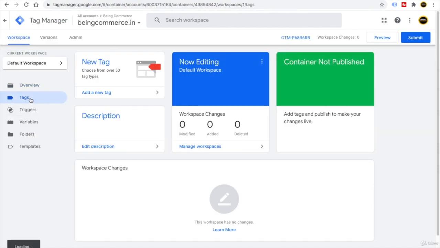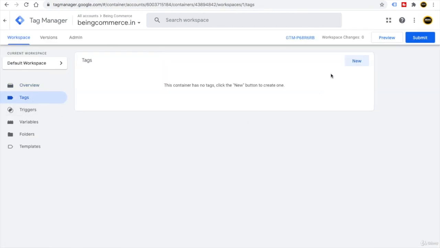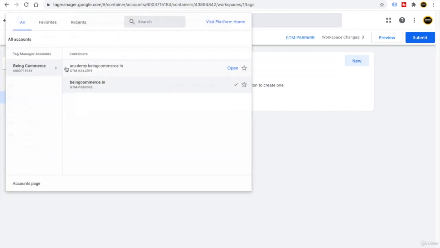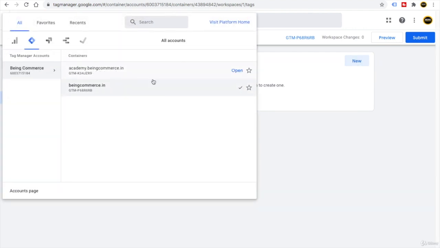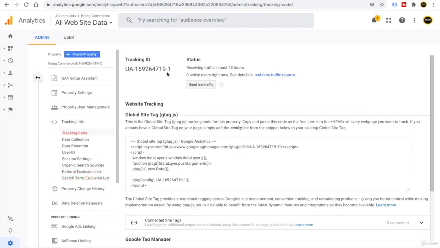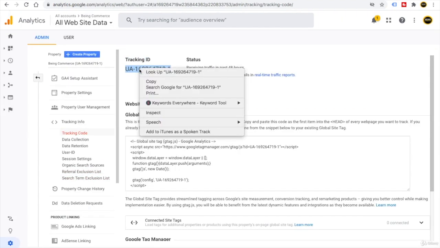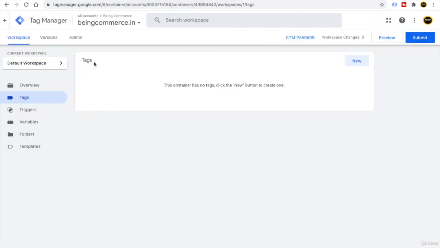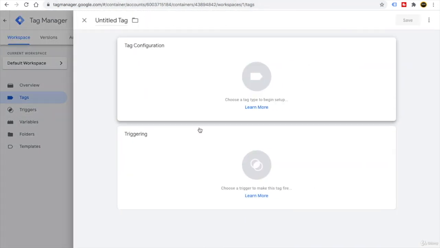Just again click on tags. Now just create a new tag, because you know we are now in different containers. So whatever tags we have created, that was for the academy.bingcommerce.in container. Right now we want to connect our Google Analytics tag with our Google Tag Manager. So I have just gone here and copied this tracking ID. Just go to your Google Tag Manager, click on new, and just name it Google Analytics